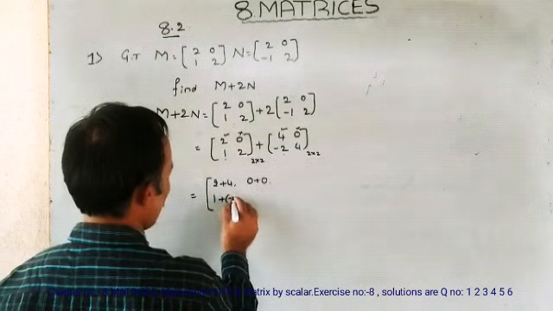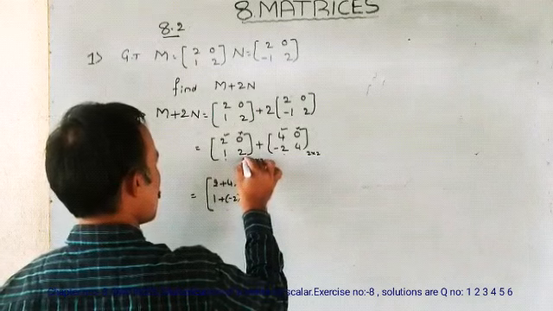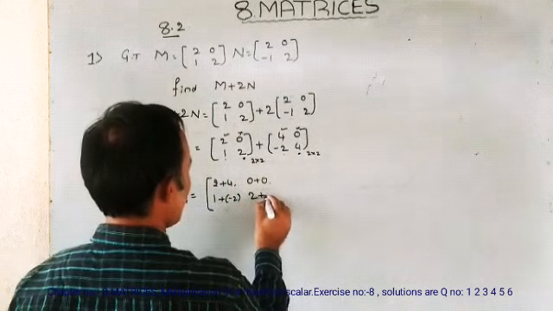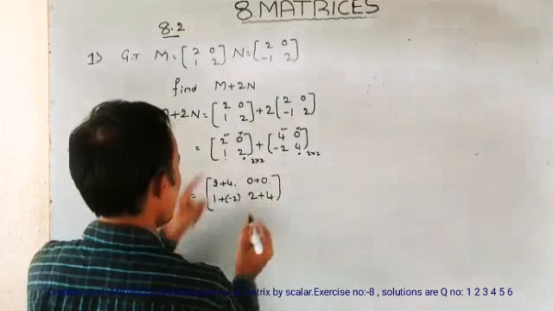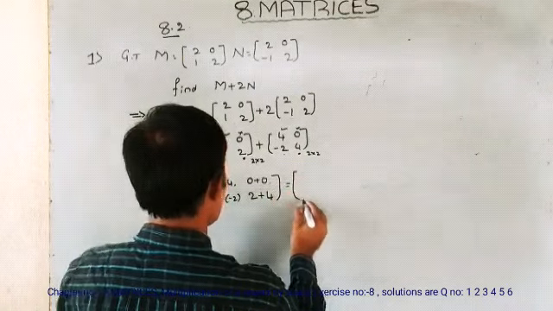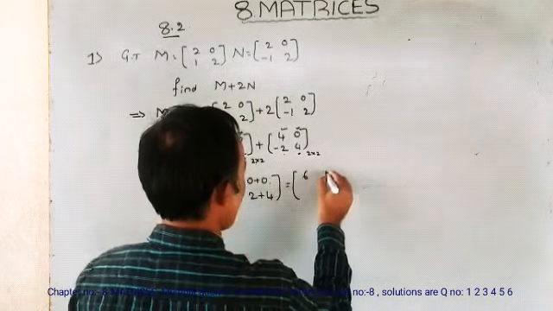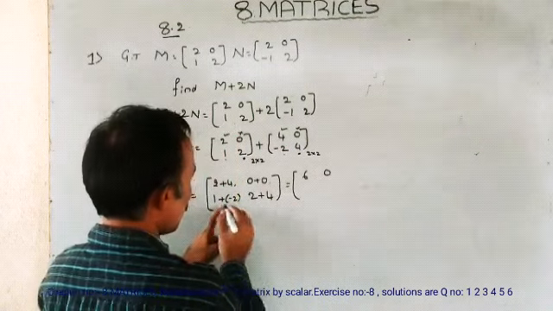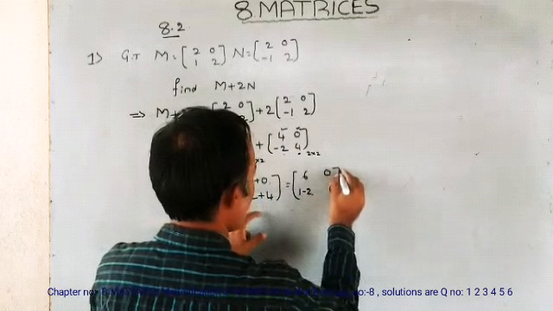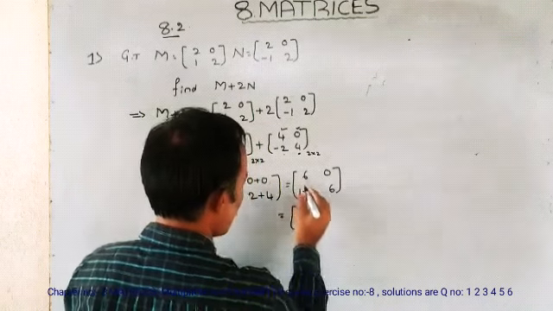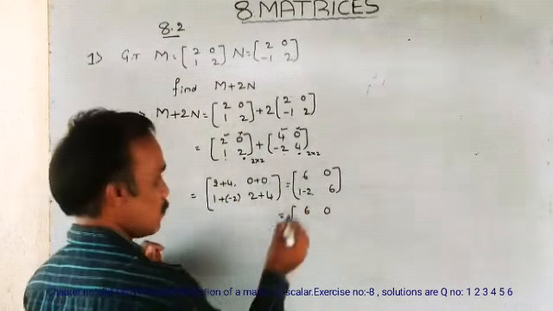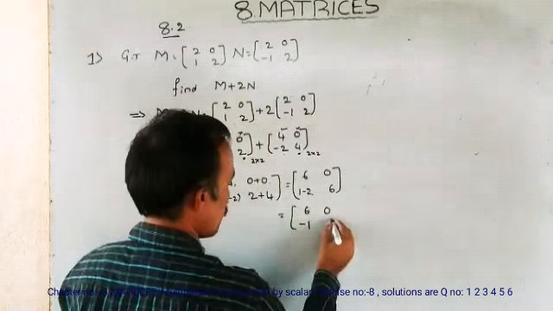If you are it, write one more step, minus 2. Next, 2 here, 4. So 2 plus 4. These marks represent corresponding elements. Now, that's 2 plus 4, 6. 0 plus 0, 0. 1 minus 2, write one more step, no problem. 2 plus 4, 6. So the final answer is 6, 0. 1 minus 2, don't add, simplify. 1 minus 2, that is minus 1, 6.